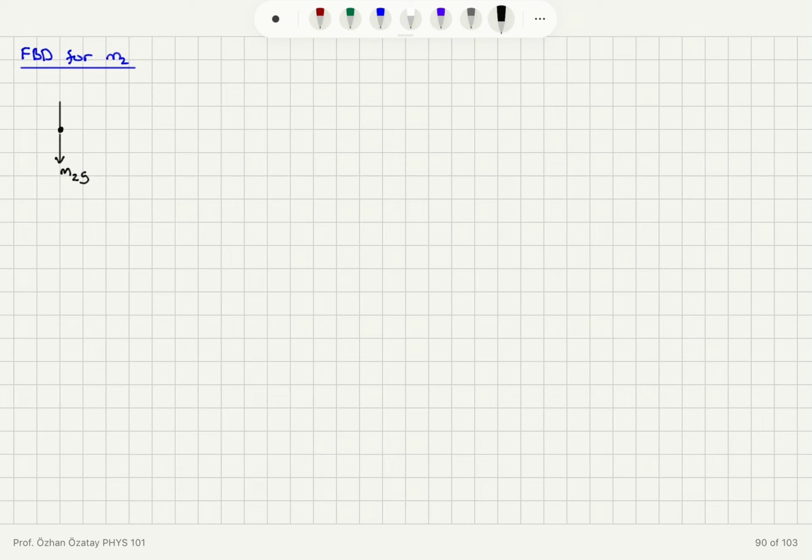There is the normal force acting on it due to capital M, and there is the tension to the right. Now, what is the net force on the x-axis? It is tension T that is responsible for M2A. So we have tension equals M2A,